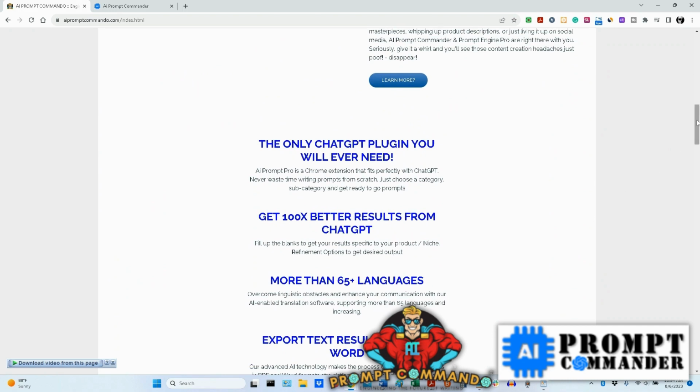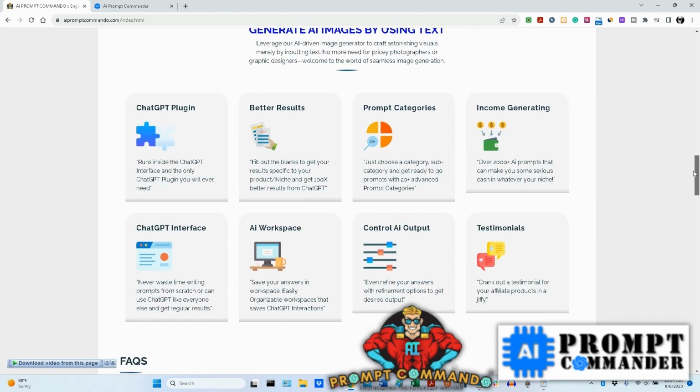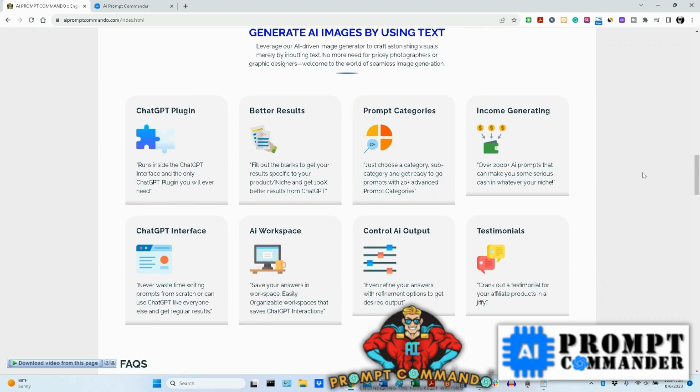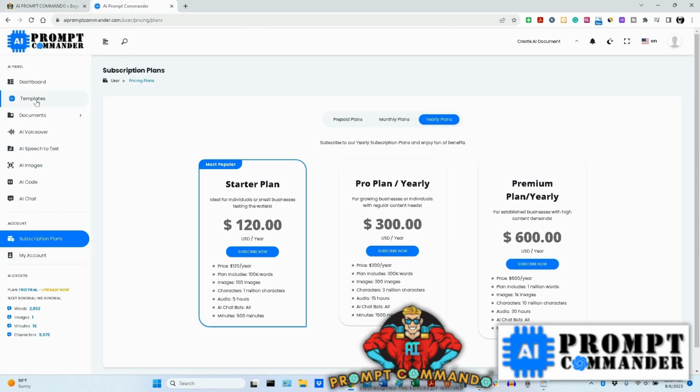And then when you go on to ChatGPT, instead of using it the normal basic way that everybody else uses it, and it's maddening trying to get the right results, with this plugin, it's well over 10,000 different types of prompts that you're going to be able to use, just like the prompts that you see here that I created for you.